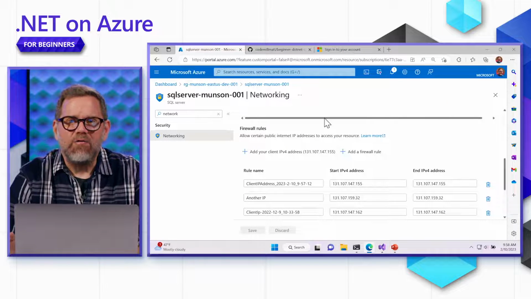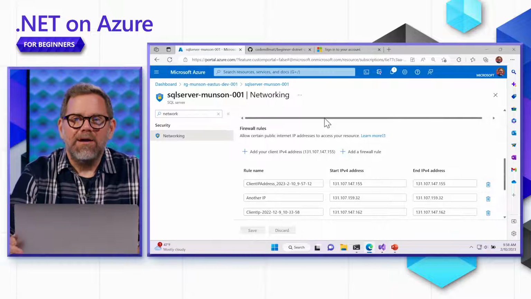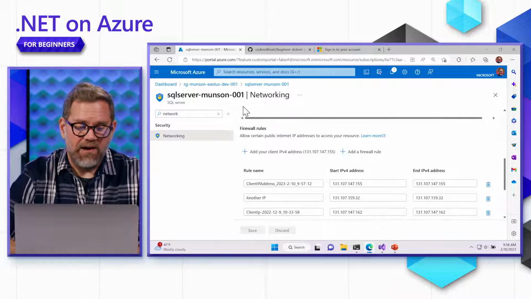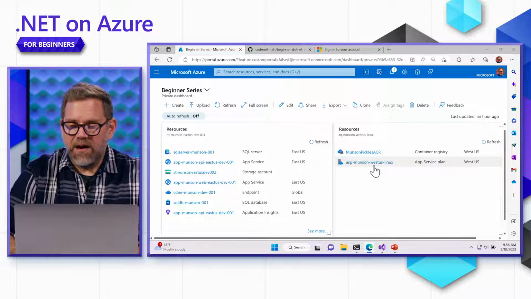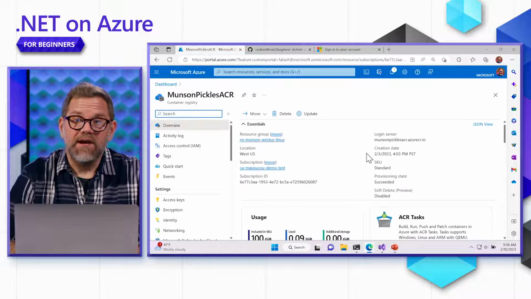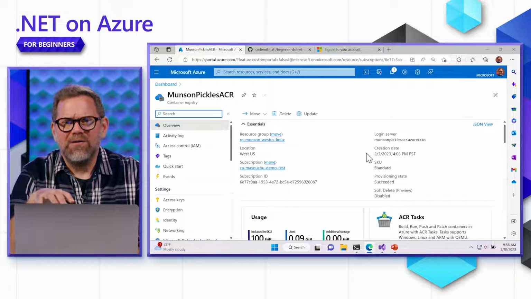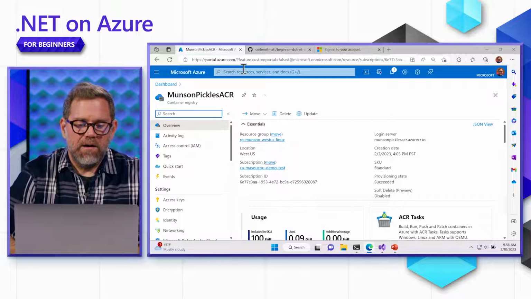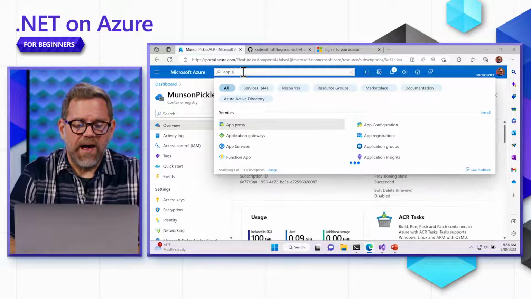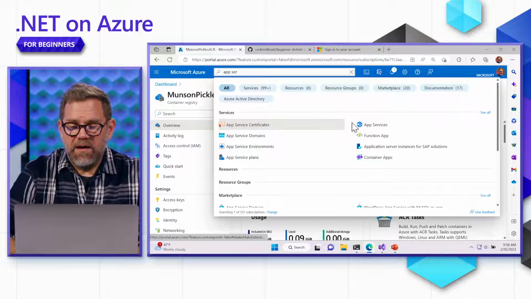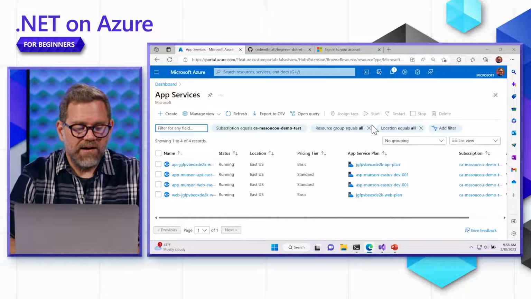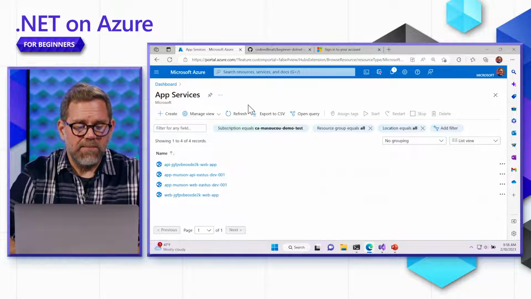All right, so back over on Windows, I'm going to go to Azure, and now I want to deploy my container to Azure. I have it already up, of course, in the Container Registry. So what I want to do is create a new Linux-based app service and deploy it there. So I'm going to search for app service in the search box of the Azure portal. Click on that, hit create,